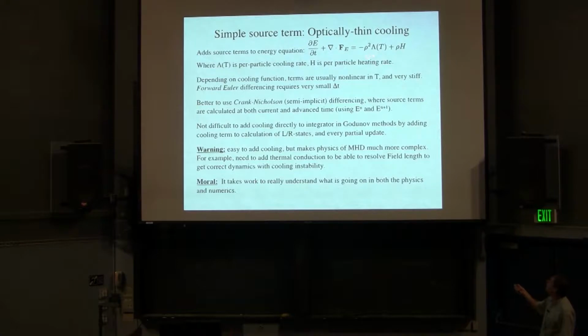Generally a two-body process, so there's a rho squared here. And then lambda is the per particle cooling rate, generally a function of temperature, but it could be a very nonlinear function of temperature depending on what cooling processes you include. So all the physics is kind of buried into this lambda, this cooling function, and there's many, many cooling functions available for different states of the interstellar medium in the literature. So again, depending on which function you're using, this cooling function could be very nonlinear and very, very stiff. And so if you use a forward Euler differencing, it can require a very, very small time